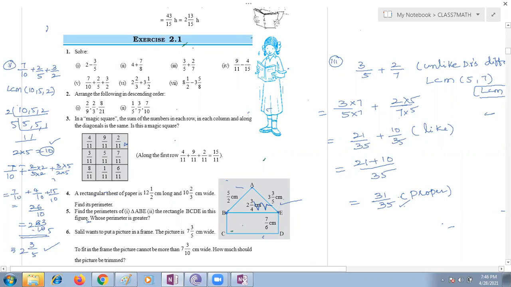Ma'am, can you share the questions in the group? Yes, I will share. The PDF, the textbook is already uploaded, I think. No need of copying questions also. Ma'am, it's in the Google Classroom. Yes, already. Ma'am, I have the PDF. I'll share. Ma'am, should I share in the WhatsApp? Yeah, try to do.